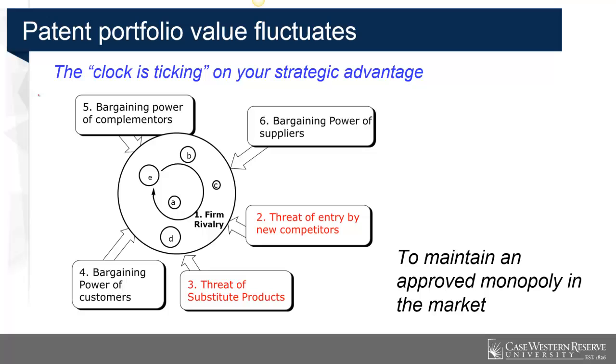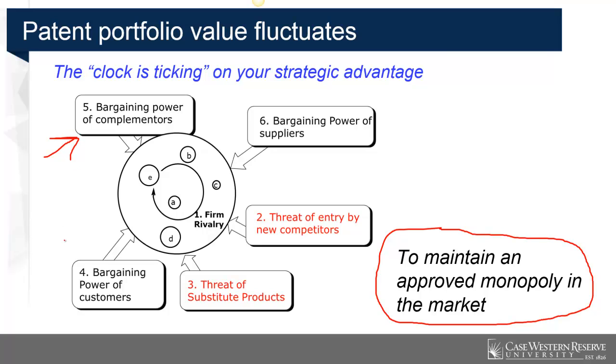Patent portfolio values fluctuate, and I think going back to what I spoke of a couple slides ago about being dynamic, strategically, things are dynamic. It's interesting that we think of a patent as a way to maintain an approved monopoly in the market. That changes with time, and the best way to look at this is this Porter's 5 forces, in which we have various